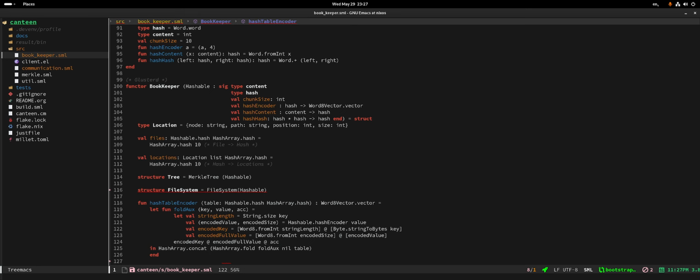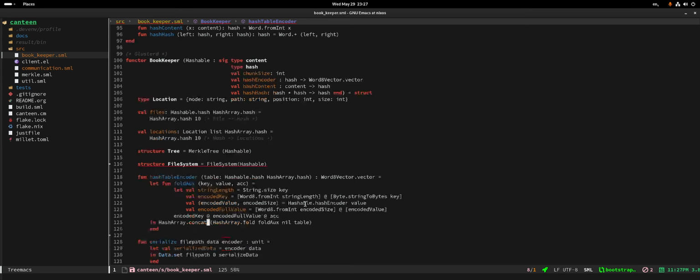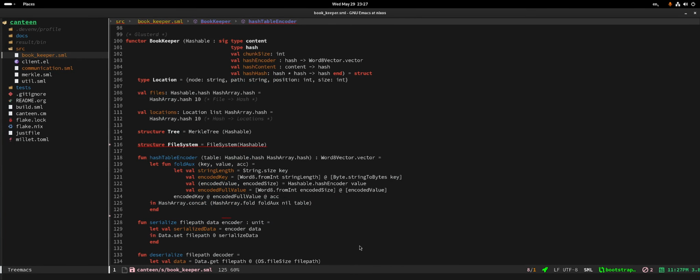And in fact, I prefer it like this. I'm oddly suspicious about the sizing of the Word8, but let's see. Cool. Oh, actually, by the way, this is not going to work because you need to convert it to a Word8 vector, right? Is this not... No. I mean, you're concatenating the encoded value with a Word8 from int. You see, it's a Word8. So the way I think you can do it is